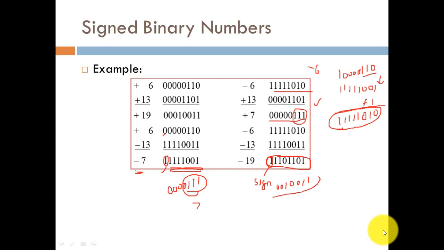So the magnitude turns out to be 1 plus 2, that is 3, 4, 8, 16. 16 plus 3 is 19. So that will be the magnitude, and that will be the answer. So the answer would have been obtained as minus 19. So this is how we perform the arithmetic operation with the help of signed binary numbers.